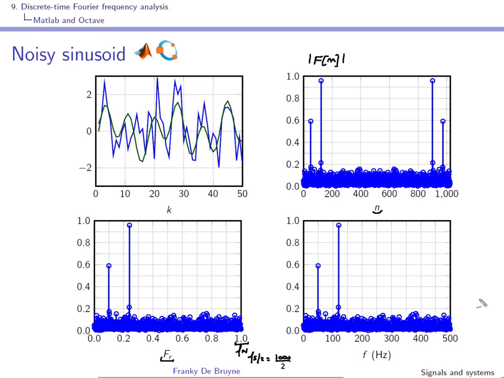So if you look at the spectrum, okay, so here it's a spectrum with a variable that is the normalized frequency, and here you see directly the frequency in hertz. You can clearly see the white noise. So white noise is actually noise that is evenly distributed over all frequencies, and you can see the spikes at the frequencies of 50 Hz and 120 Hz. Here the amplitude is 1 in the original signal. It's not exactly 1 in the spectrum, because of course you have the influence of noise and the fact that you only have